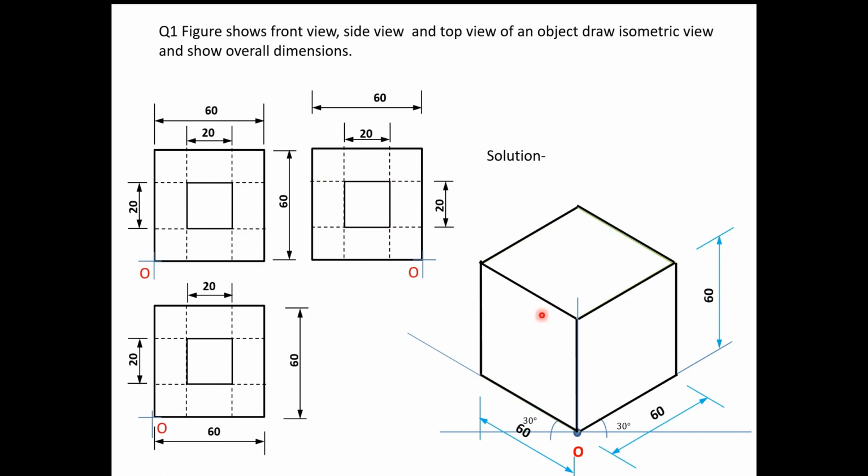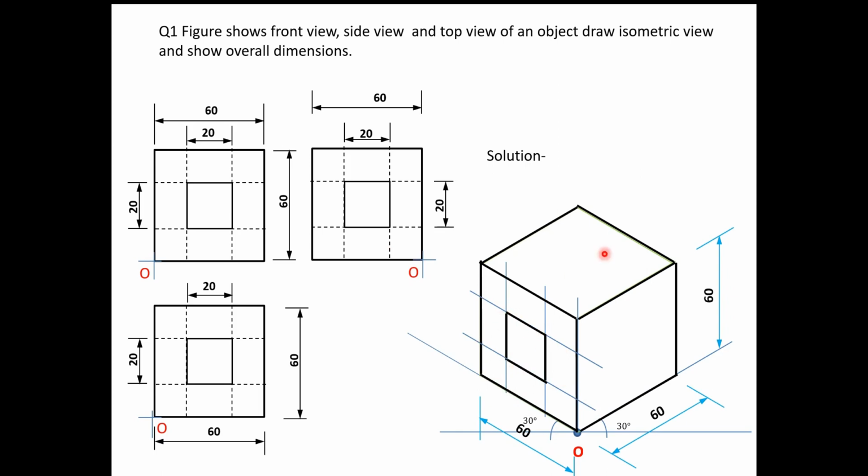Now here we start with the left hand side view. So on the origin left side from 20 mm I will draw one line, again from 20 mm I will draw one line, again from bottom 20 mm I will draw one line parallel to this isometric axis. Again at 20 mm I will draw another isometric line. So this is completed, so I will complete this. Okay, so these are my edges.